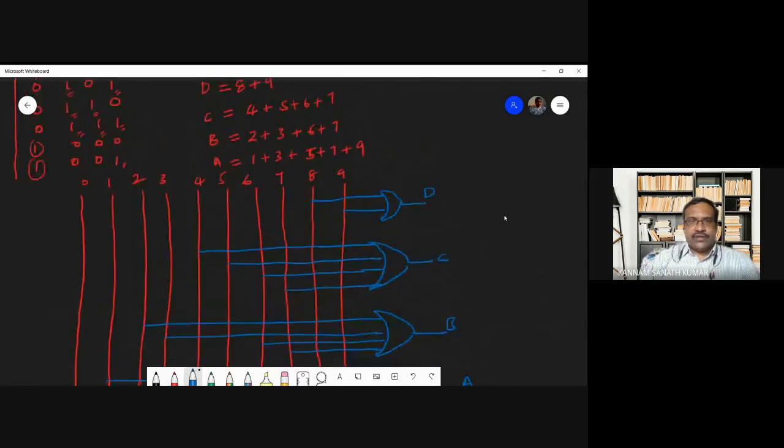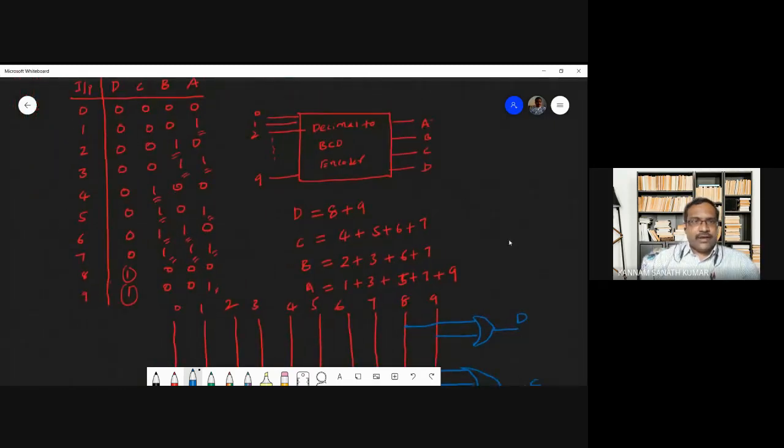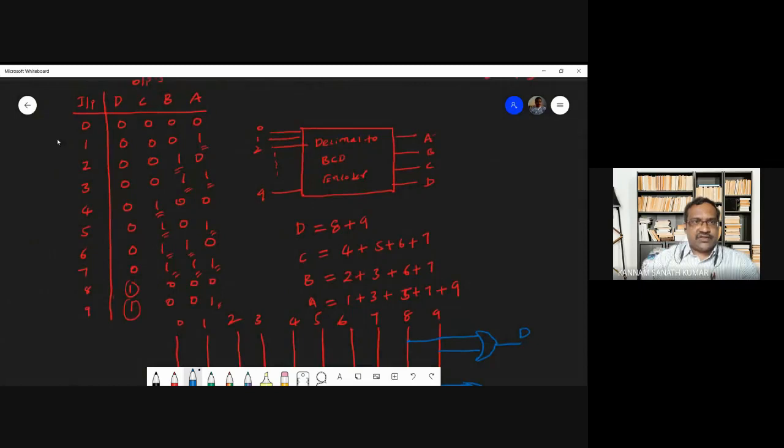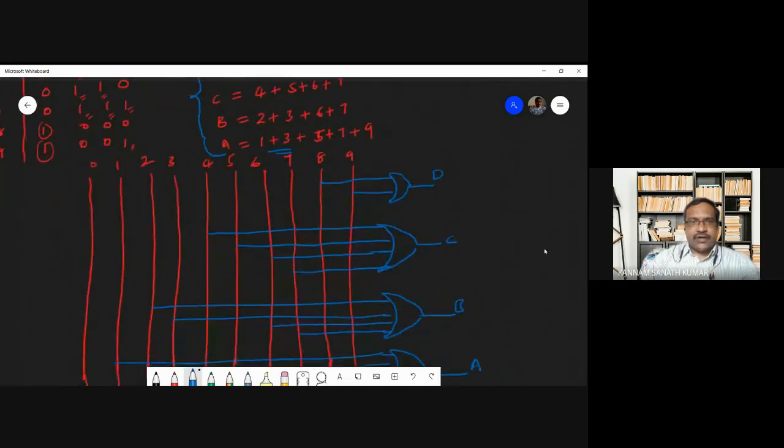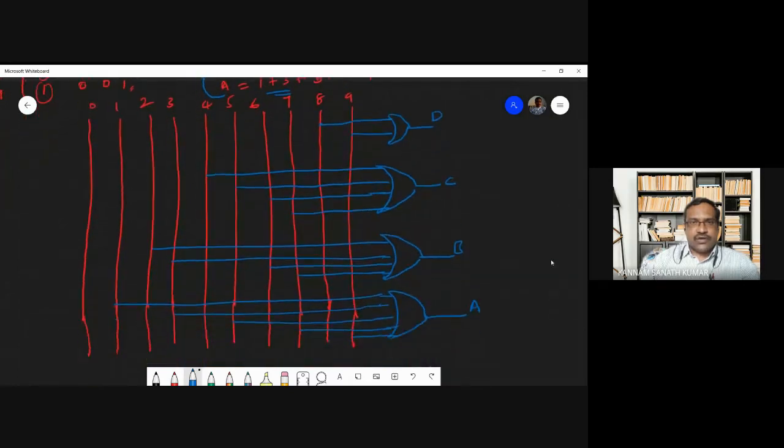Simple. So that means here you need to write the inputs for the decimal. These are the decimal inputs. Okay. So these are nothing but BCD outputs. And wherever you have one, you have to write the output separately for D, C, B, A. Okay. You got the outputs. Wherever you have one, you have to write those values with an OR operation. And you have to take the decimal inputs, and depending on these outputs, you have to draw the logic diagram.